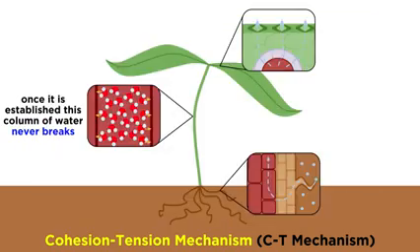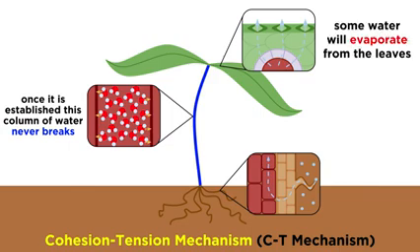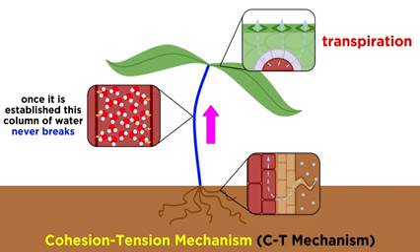But as the plant grows, there is never a break in the water column within the plant. As water evaporates from the leaves, it draws the water column upwards against gravity, causing tension. This process, which is responsible for the tension part of the CT mechanism, is known as transpiration, and it occurs when water evaporates from a plant's leaves into the air. So the mechanism of transpiration and the resulting surface tension at the stomatal openings pulls water molecules upwards to replace